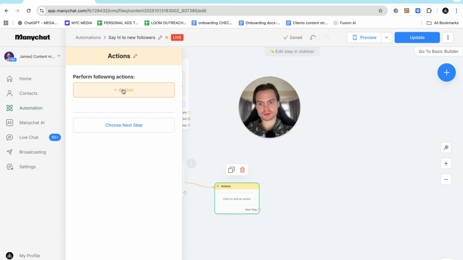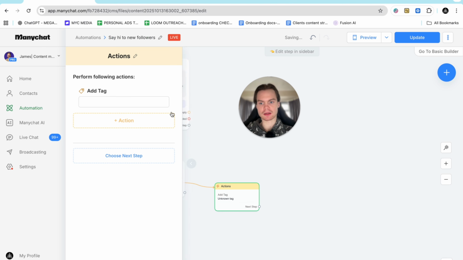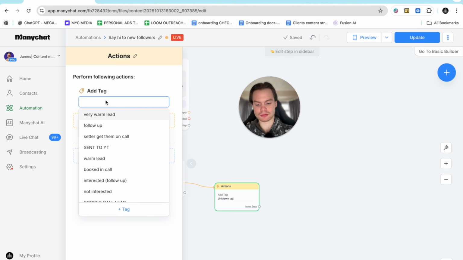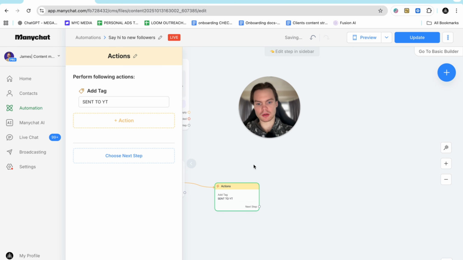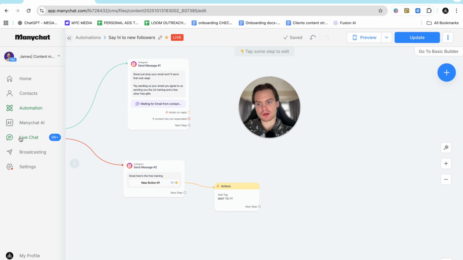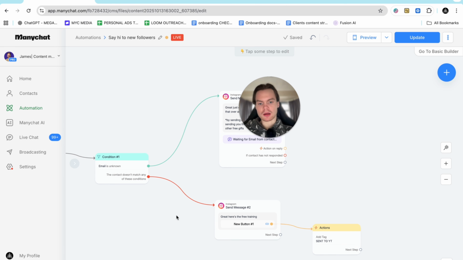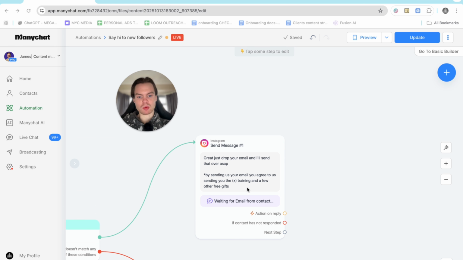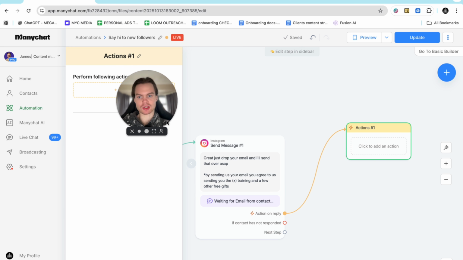So you can add a tag, like "sent to YouTube," and this allows me to go into contacts and live chat, so I can see where I've sent certain people. It's just helpful. But yeah, that's waiting for email. So once the email action is on reply, you can come up here, press actions, and then